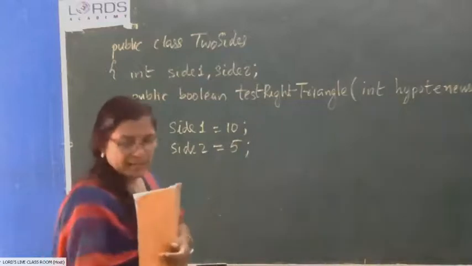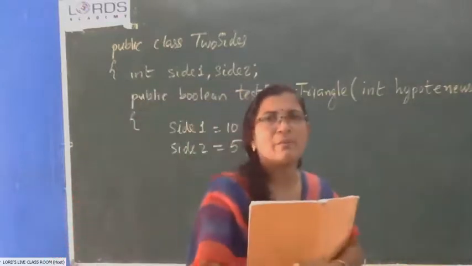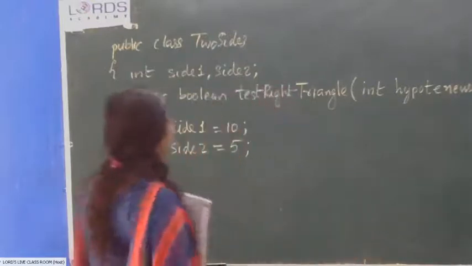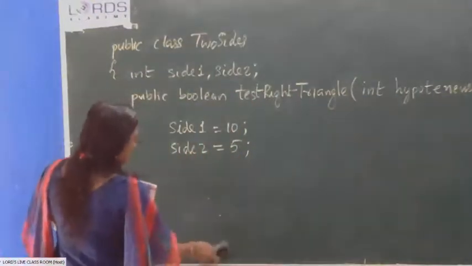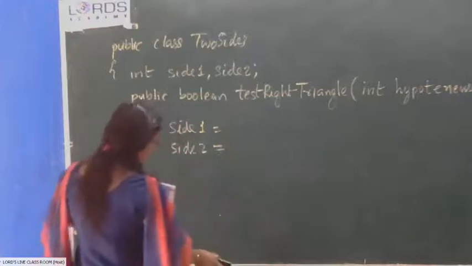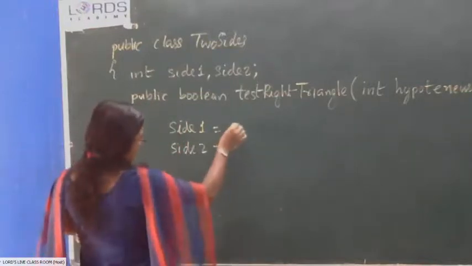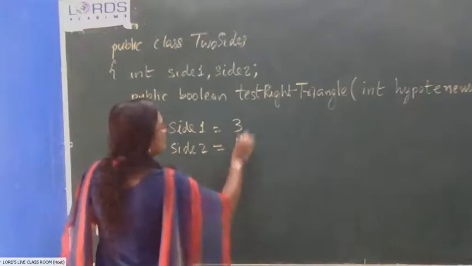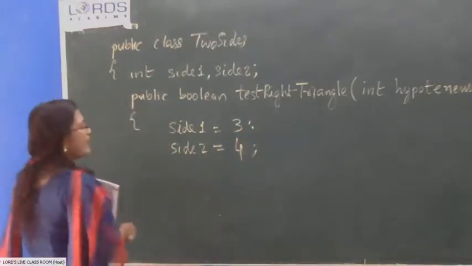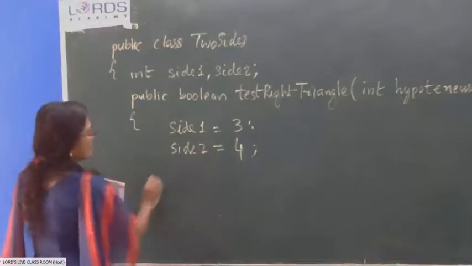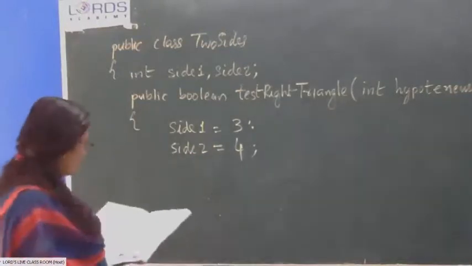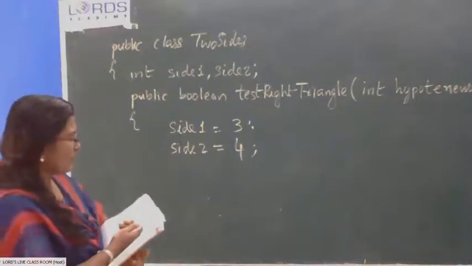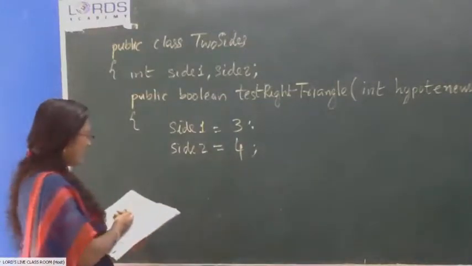How will the sides of the right angled triangle be? 3:4:5 ratio, isn't it? So let side 1 be 3 and let side 2 be 4. And so you can square the sides. Side 1 and side 2 squares can be calculated. Remaining statements are from your textbook, okay. Into side 1 squared equal to.